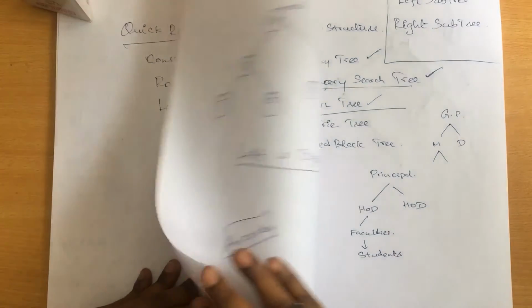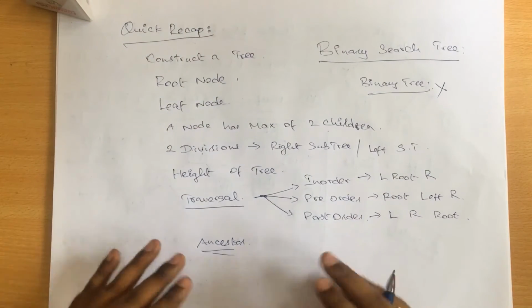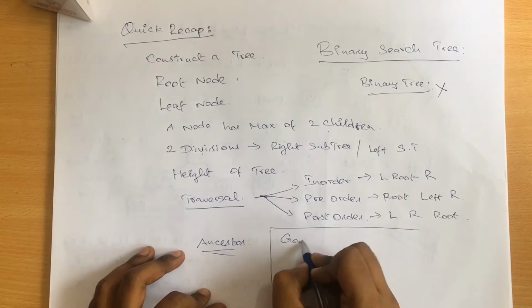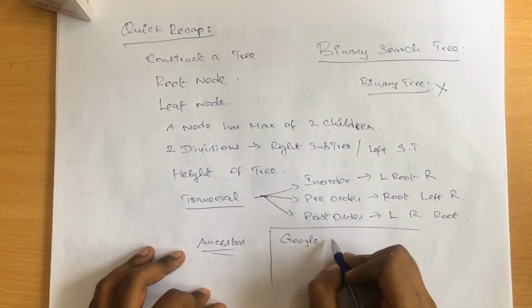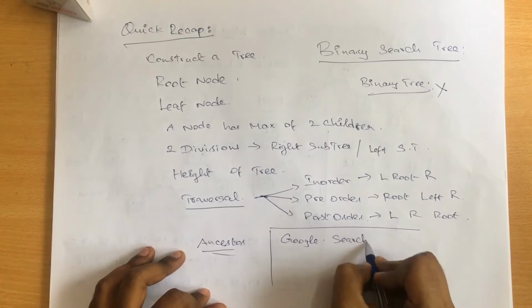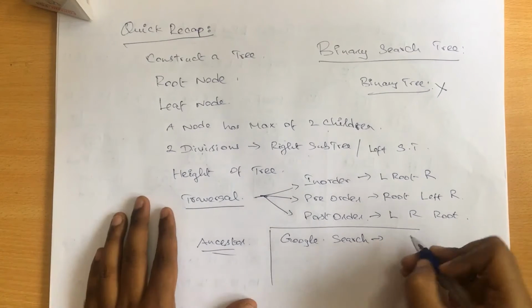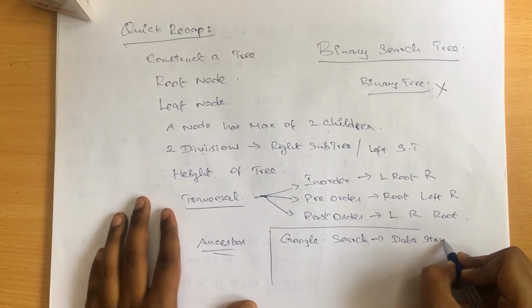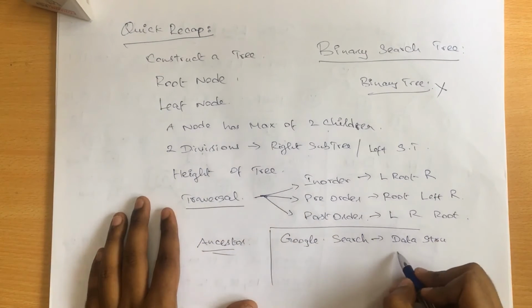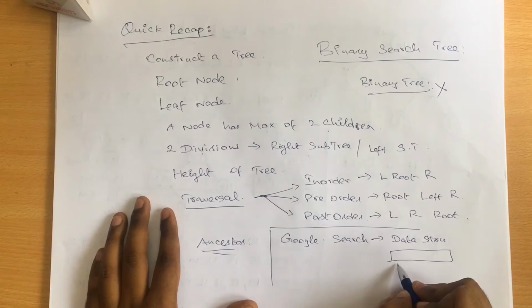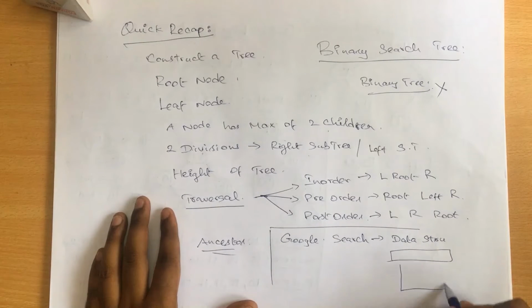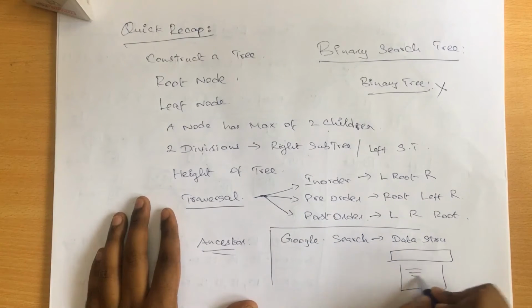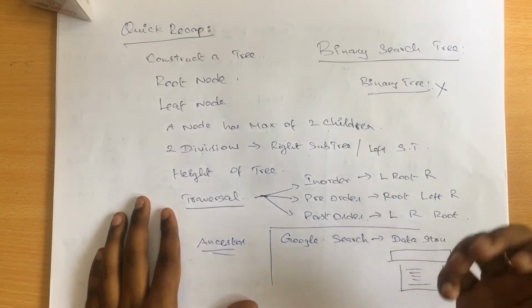And before going into the implementation of a tree, let's speak about the real-time applications of a tree. The Google search engine is a very good example for a tree. If I type something, for example data, and start typing STRU, in the bottom of the search box you will receive n number of predictions or suggestions, and these suggestions follow a tree algorithm.